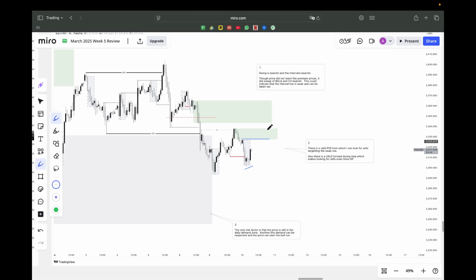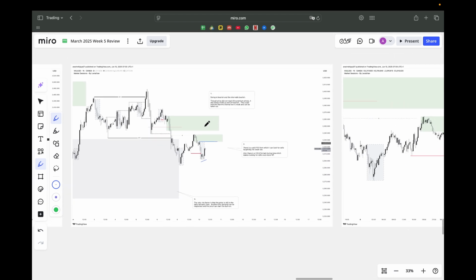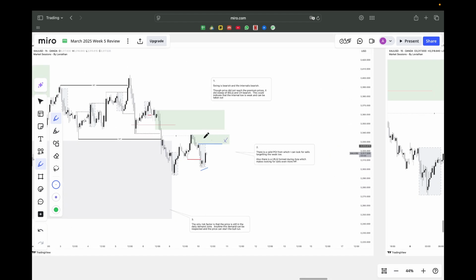From the H1 perspective, this seems much more clear for me. Why? Because this supply, which swept liquidity and CHoCH bearish in 4 hour, is actually an internal break of structure, internal bearish break of structure in the H1, and this supply has inducements, and there is low resistance liquidity for me to target. But one caveat is price did not reach the premium prices, so price can still push further up to mitigate this demand zone, and then it can CHoCH bearish later. So there is one possibility, but since we are having some low resistance liquidity, I am happy to take a loss from here.